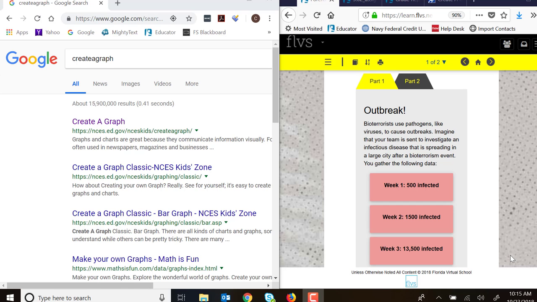Hello, on 10.6, you're required to create a graph, and the best way to do that without Microsoft Word or Excel, and you can use those, is this website called Create a Graph. And to find that, I Google Create a Graph, all one word, and it's going to be this NCES government site. So you click here,